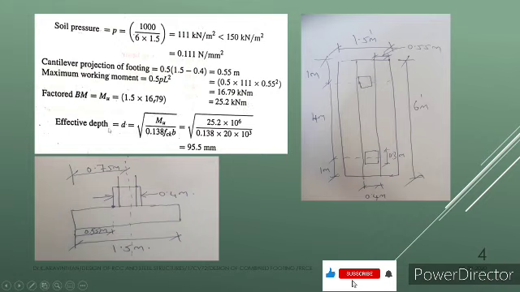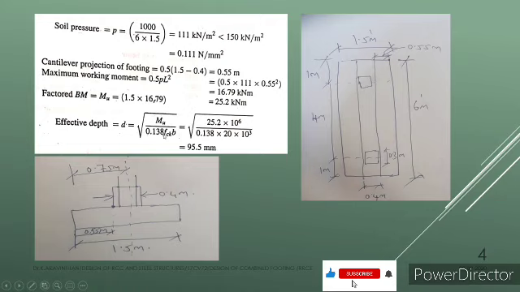Next step is finding the effective depth. In IS 456 you can find the minimum depth for a section is d equal to root of Mu divided by 0.138 fck b, where Mu is known as the bending moment we have found now, that is 25.2. It is in terms of kilonewton meter. In order to convert into Newton mm, we can multiply into 10 power 6. So now all the values are in terms of Newton and mm.